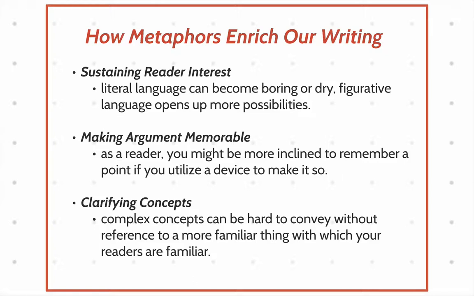You see this a lot in popular science writing, or I'm a social scientist, and sometimes we'll use concepts if we're talking to a general audience about some social phenomena. We'll say this is like X, Y, or Z, something that we know the reader is familiar with, and then those complex concepts become easier to understand because you have some sort of common ground. So they can help to clarify ideas, concepts, phenomena by referring to something that's a little bit more familiar.